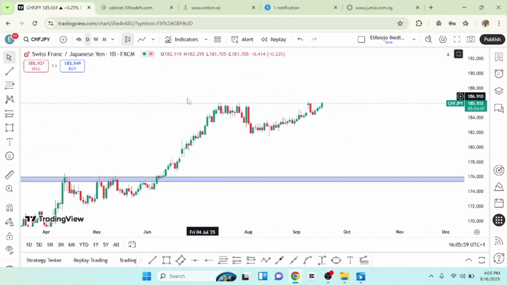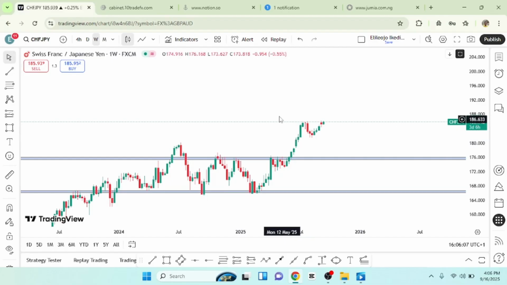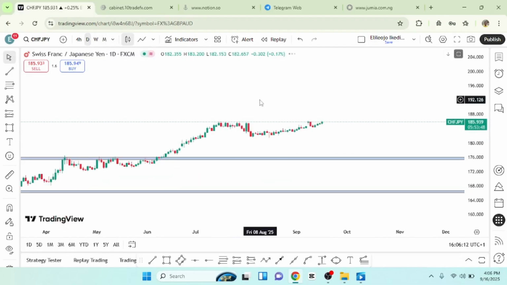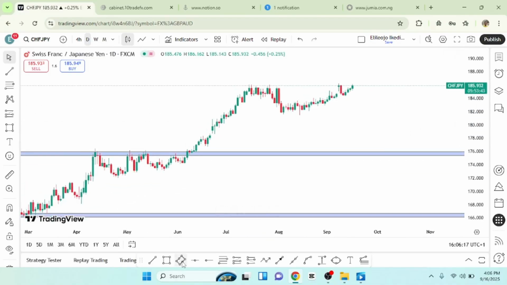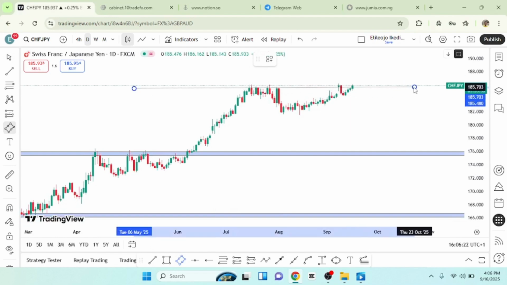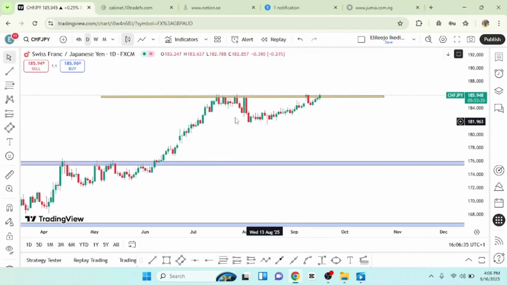Now we have a resistance level here on the daily time frame. But if you go back to the weekly time frame, you will notice that we can actually draw it here, but it's actually quite small. But on the daily time frame, we can see it clearly, right? We can see it clearly. So when doing your support and resistance levels, you need to use discretion. So that's the word I'm looking for. You are going to need to use discretion at certain points. So I'm going to use